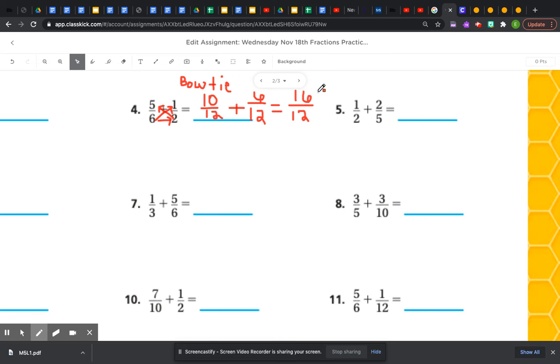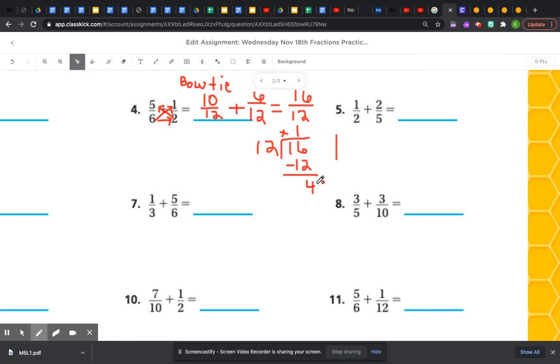Now you notice that this fraction is an improper fraction. And because it's an improper fraction, you do need to go ahead and convert this into a mixed number. Okay. And to do that, you're just going to divide. So 12 goes into 16 one whole time. 12 times 1 is 12. You subtract 6 minus 2 is 4. And so your mixed number now becomes